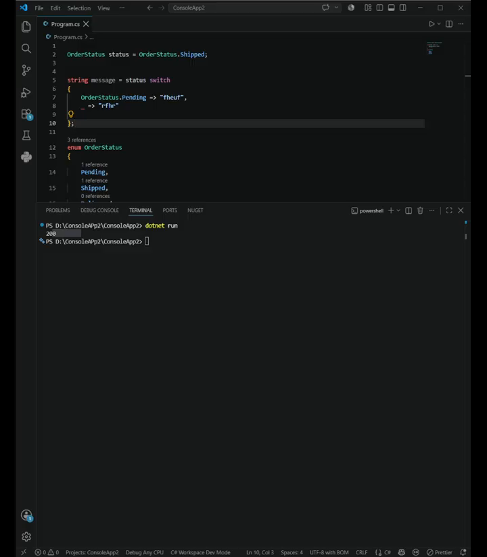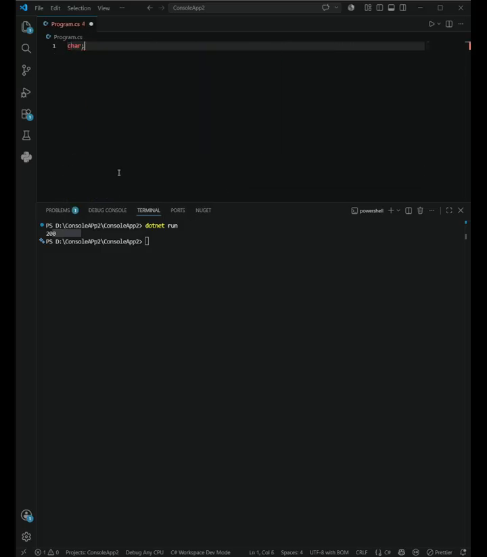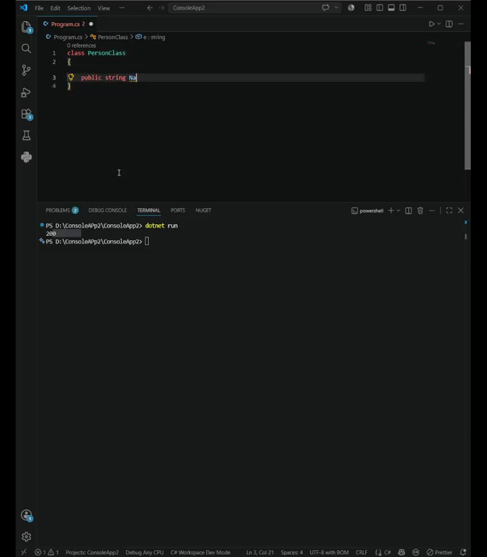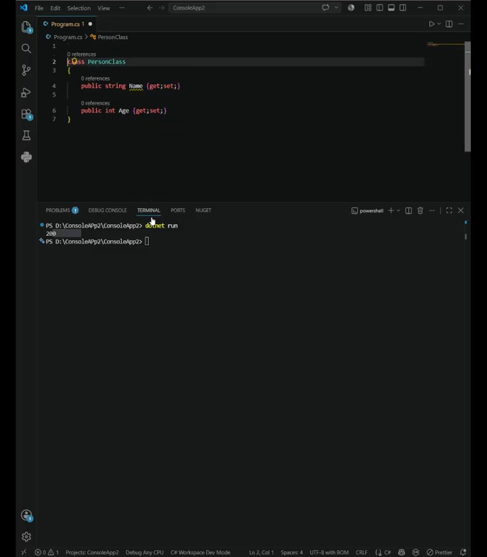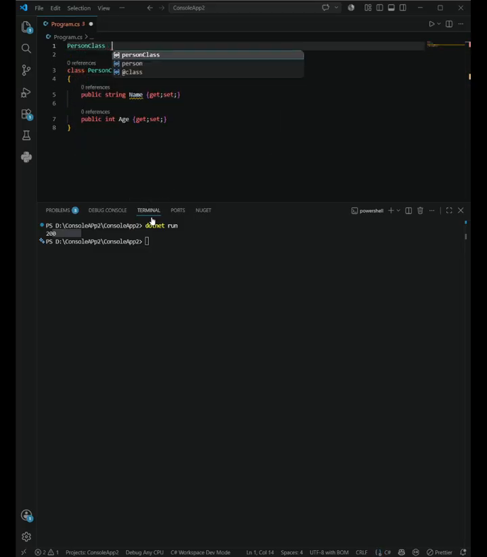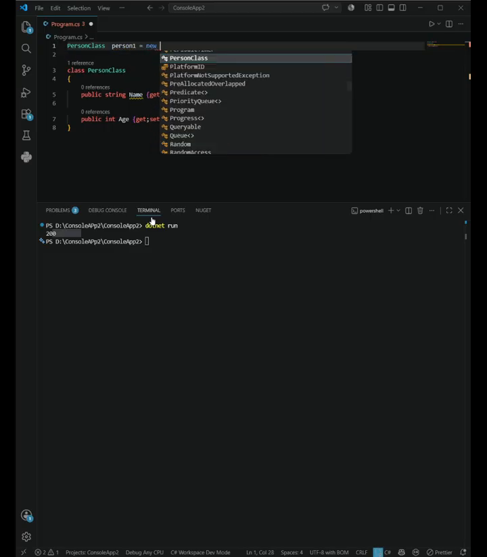Okay, one more concept for today, and this one's actually a bit newer to C#: records. To explain why they are useful, let's go back to something we touched on with classes a couple lessons ago. Remember comparing objects? Let me show you. Class Person, public string Name { get; set; }, public int Age { get; set; }, and here Person person1 = new Person